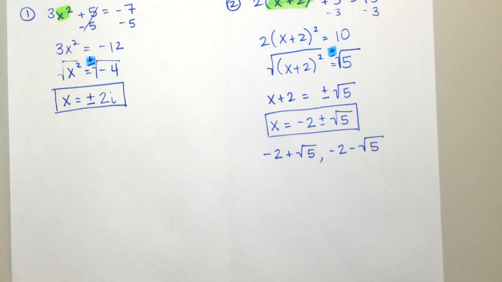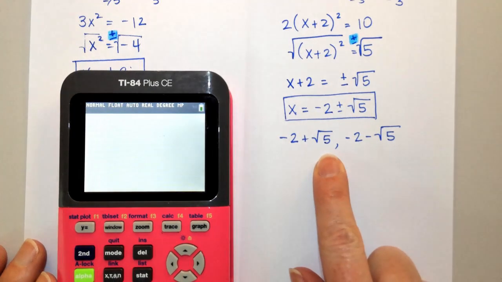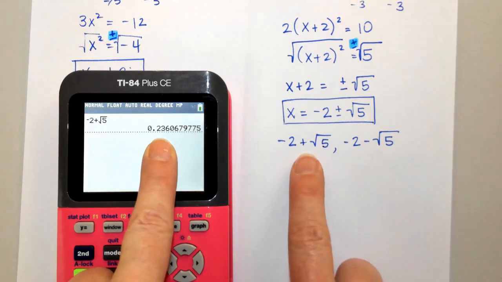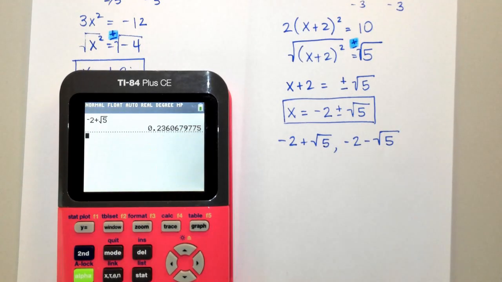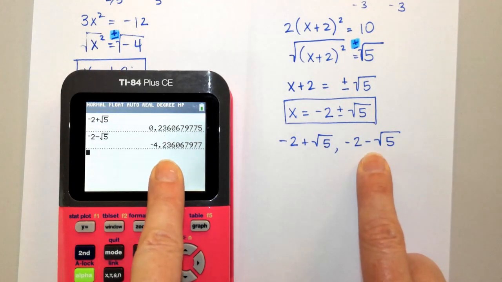I don't want you to round any sort of answers, but just to illustrate the fact that these are 2 different answers, they're just going to be decimals because 5 is not a perfect square. So if I do negative 2 plus the square root of 5, that would give me 0.24 if I round it. And then if I do negative 2 minus the square root of 5, this one would give me negative